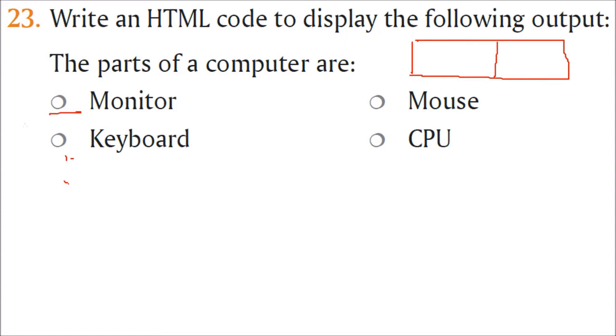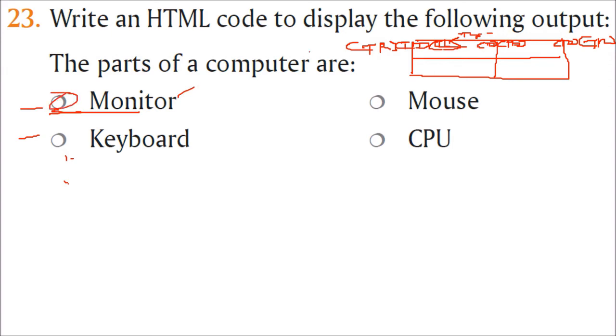Then there are two rows, one row, second row. We'll start with a tr and end with a tr. Now this is the first data, so we'll start with td here. Second data will be td and we'll end td here. Now inside this you want this, so you have to give a list. That will be an unordered list, ul. You have to specify the type equal to circle, and then give this content inside, and end that list.